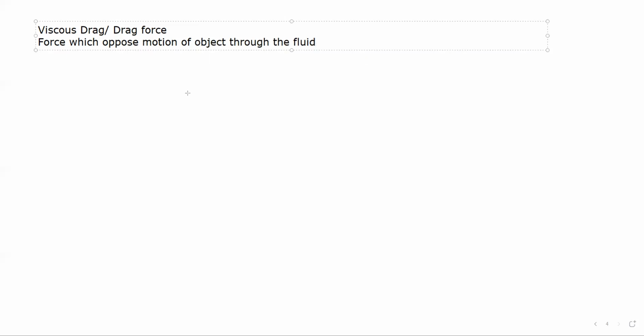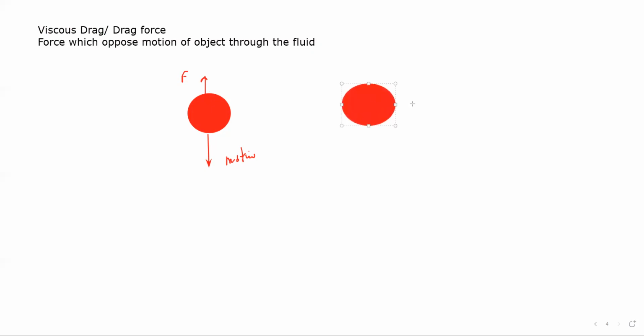For example, if the object is moving downward, what will be the direction of viscous drag? If the object is moving downward, the drag force will be upward. Another object is moving towards the right-hand side. What is the direction of viscous drag? Viscous drag will oppose the motion, so it acts towards